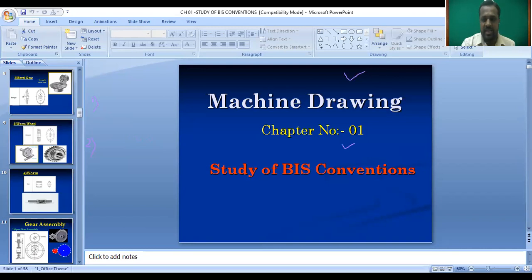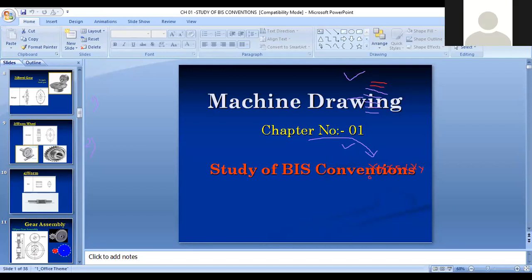When we provide a straight structure like this on the surface of the machine component, it is called straight knurling. And when we provide a crosswise structure like this on the surface of the machine component, it is called diamond knurling, because it looks like a diamond. Here we provide the straight surface, so it is called straight knurling.